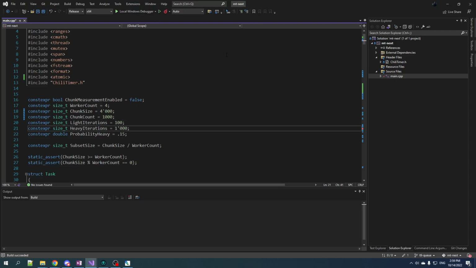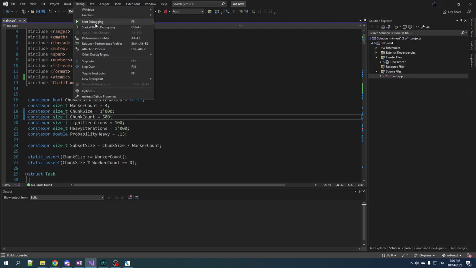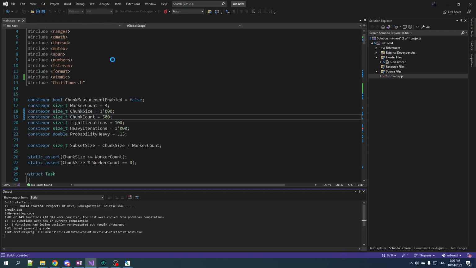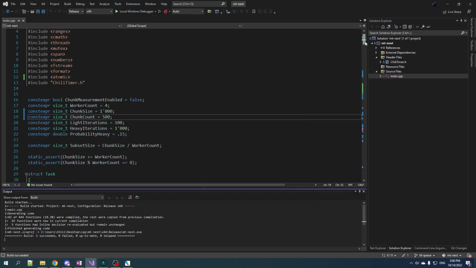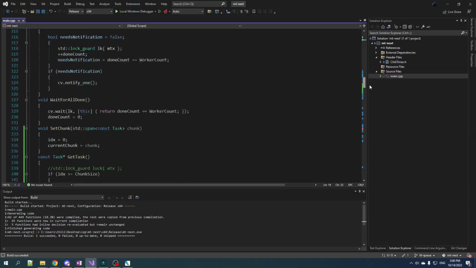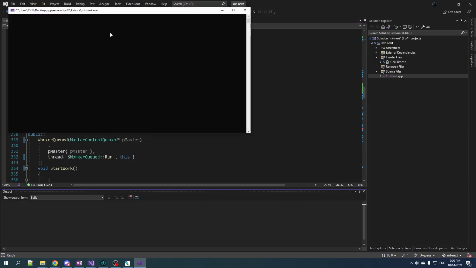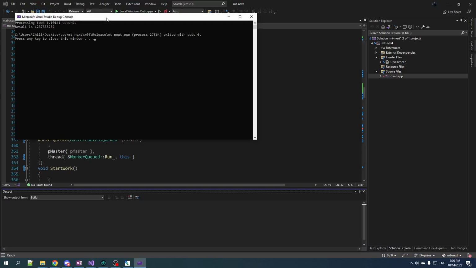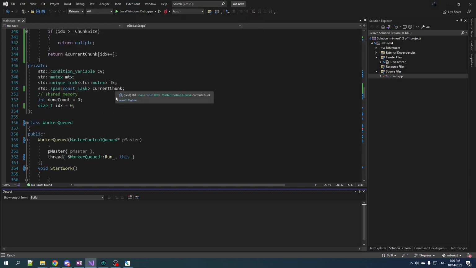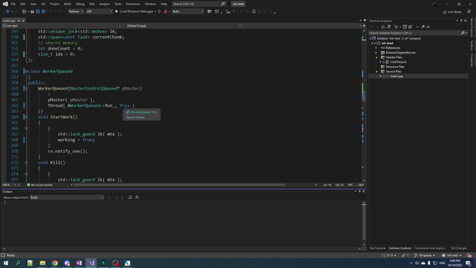All right, so let's go back to our original setup, which was a light is 100 iterations and a heavy is 1,000. We take our chunk size down. We take our chunk count down. And we run it without any synchronization. 1.1 seconds. Okay. Now we run it with synchronization. And my expectation is that the difference, let's just run it a few times. 1.1. Yeah, it's going to be pretty stable now because every individual chunk is large enough. Yeah, so 1.1 seconds